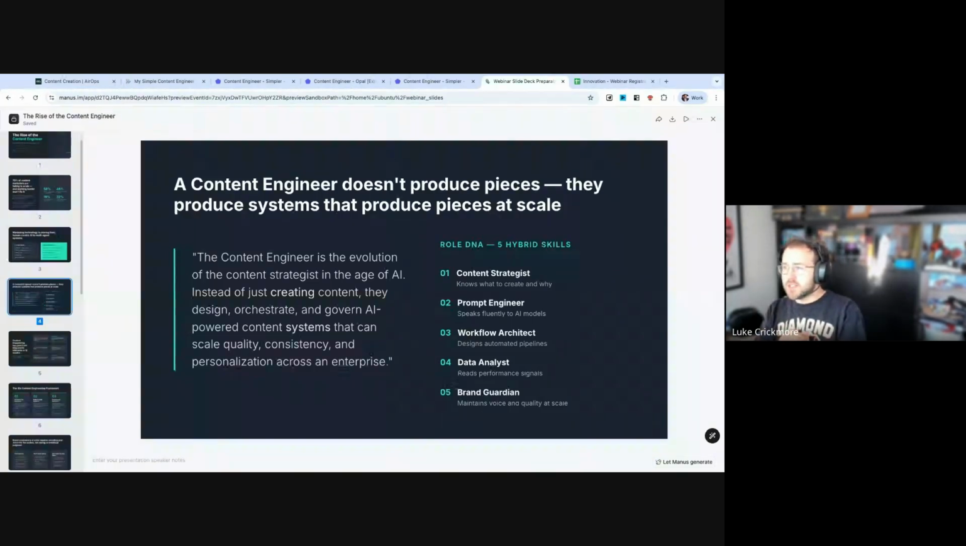A content engineer doesn't produce pieces, they produce systems that produce pieces at scale. And what I wanted to highlight on this slide was what is encompassed in a content engineer role. So it's content strategy. It is someone who is a prompt engineer, so able to craft the prompts to actually get the right kind of output. It's a workflow architect, someone that can put logic together on a workflow. It's a data analyst, look at the insights, determine what it's telling you, refine your prompts, and a guardian of